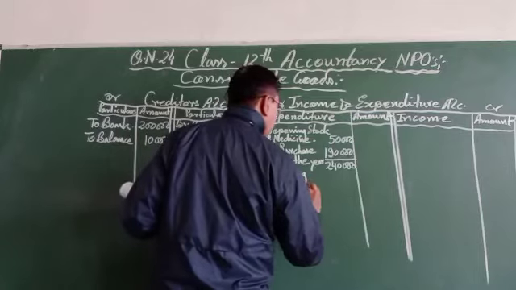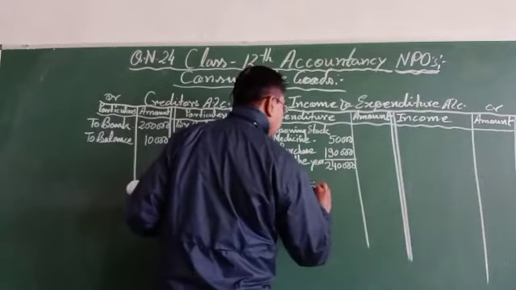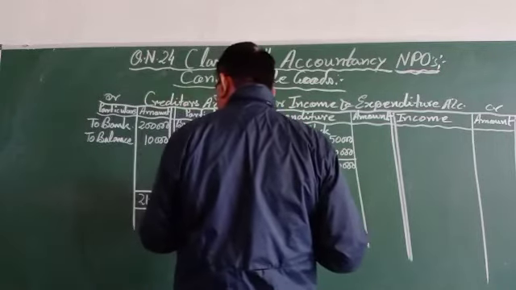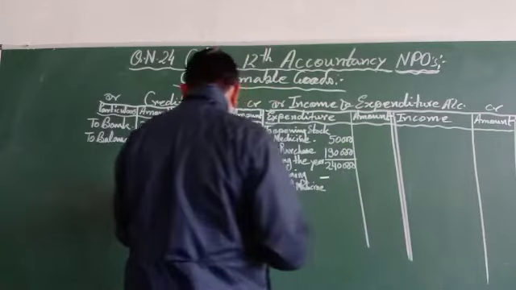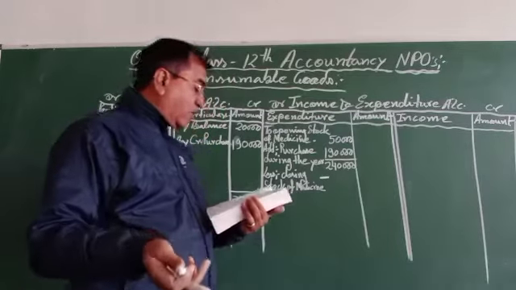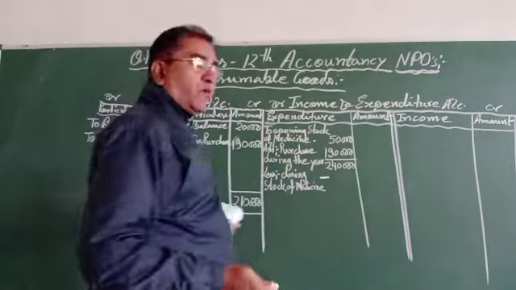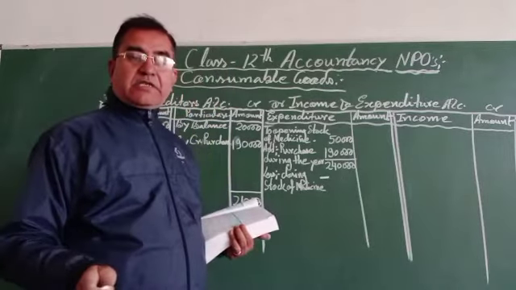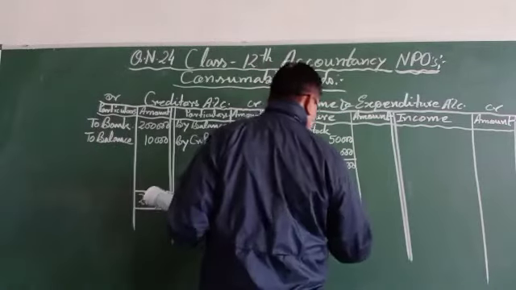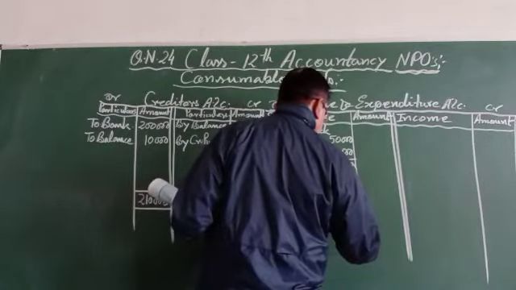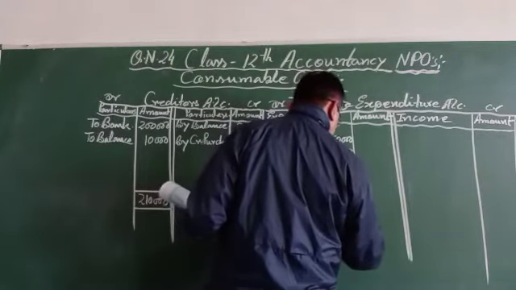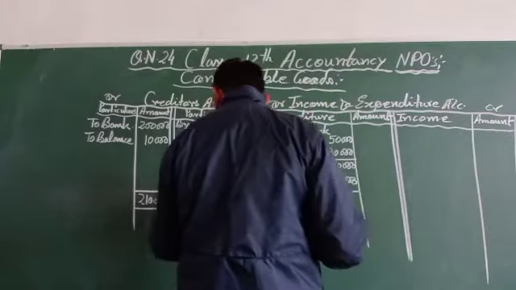Closing stock, that is given in the information as 45,000 more than opening stock. Means opening stock 50,000 plus 45,000 is 95,000. Minus 95,000 is equal to